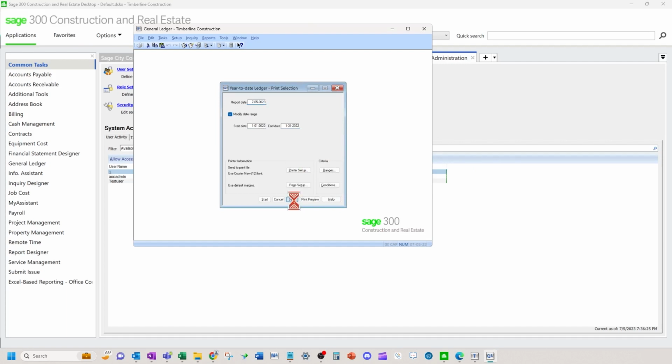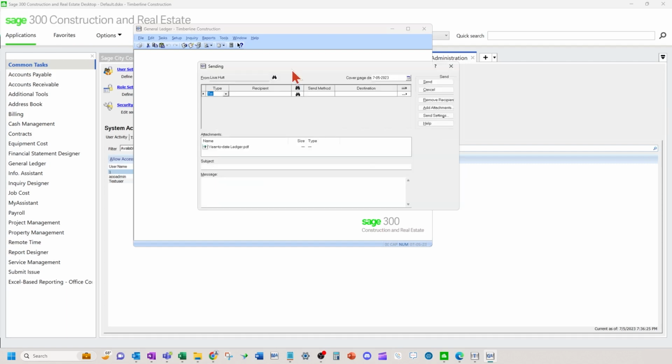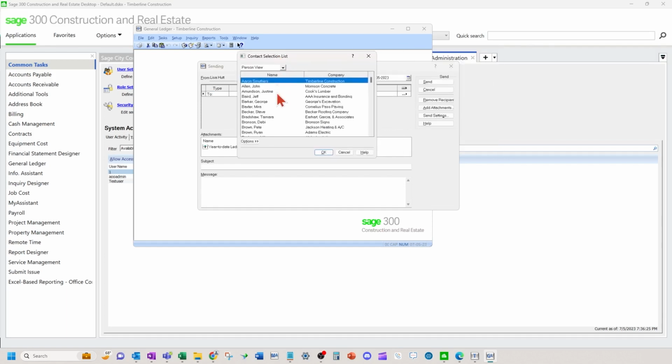Okay, so when I hit send, it's going to pull up a window. It takes a minute. Okay, and you can change the default from person. You can pick the to person, your customers or vendors or anyone else you set up as a contact in the address book, using the binoculars there.